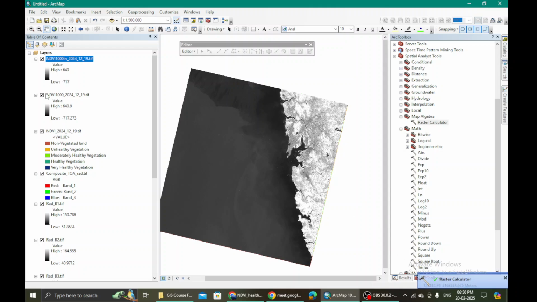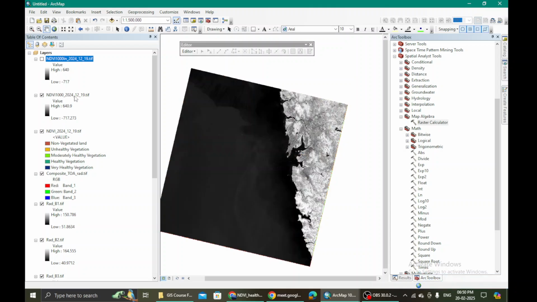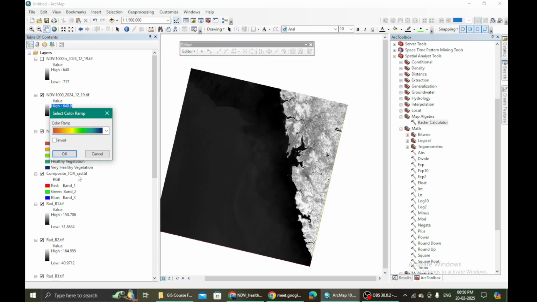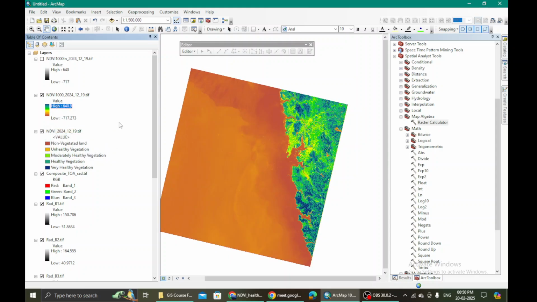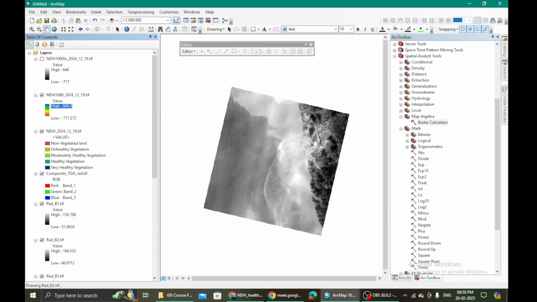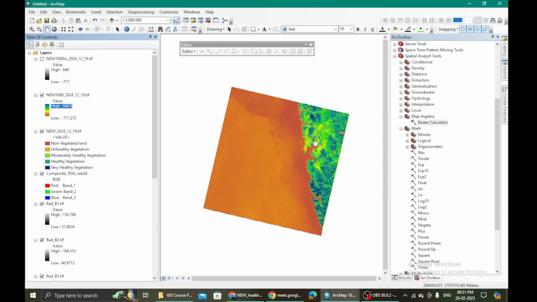Okay. So raster calculator has already made our NDVI 1000. It will look the same. If you want to make it look like that NDVI value that you have added, you can do it, and you will see that it has the same kind of color. The color is not changing essentially because we are simply multiplying it by a multiple of 10, right?